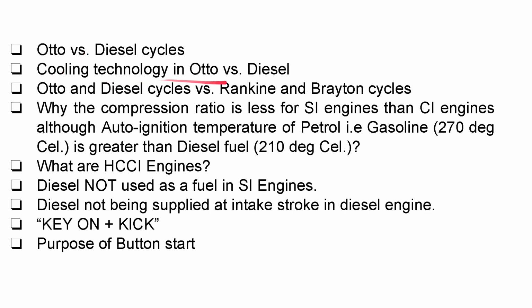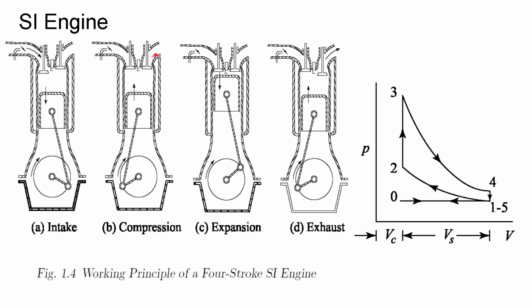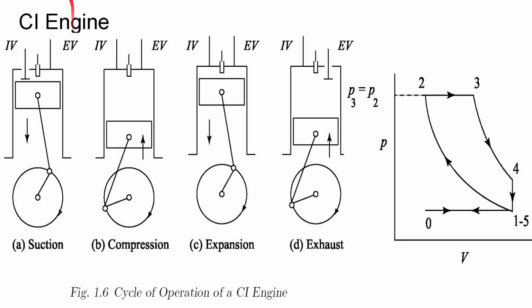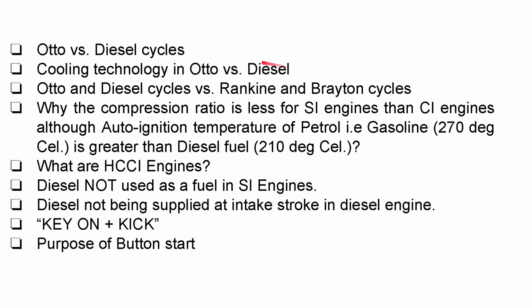As per the cooling technology point of view, in the Otto cycle, since it is used for lesser power generation vehicles, it will have lower efficiency of combustion, hence heat generation is also less, and hence we can have an air cooled SI engine, like the engine of our bike, which is just cooled by the air. We have fins, extended surfaces, for cooling, while compression ignition engines have higher heat generation values, and hence have a cooling jacket, air cooling jacket, and oil cooled and water cooled for compression ignition engine or diesel engine.